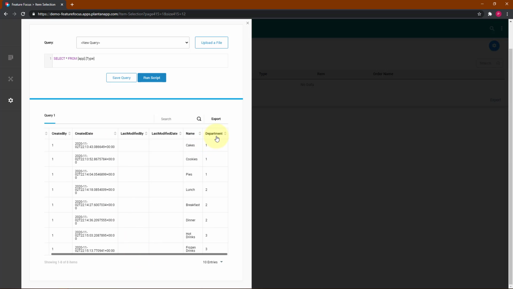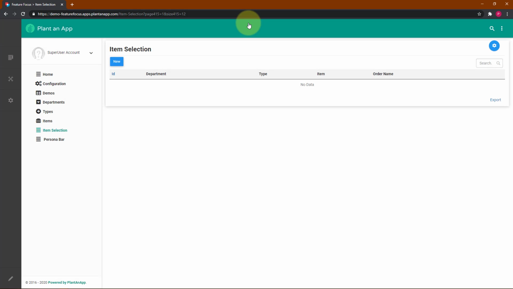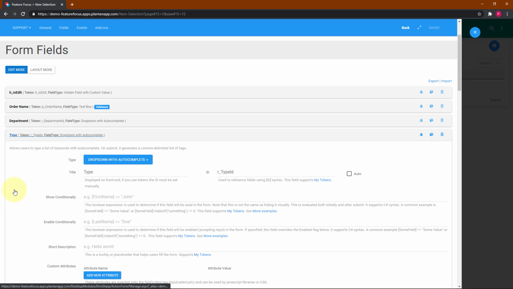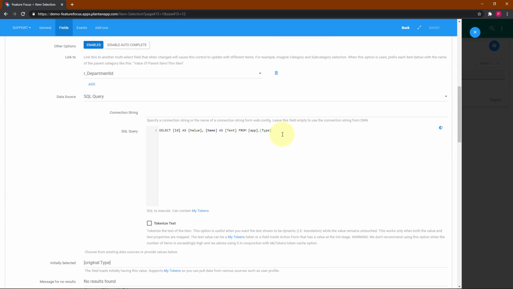And we can see here that the department ID is stored in a column called Department. I'll close the SQL console and navigate back to the form configuration. And we'll go back into the type field and scroll down. And I'm just going to add a where clause here. So I've aliased the type table, and I've said where t.department, that's the name of the column we just saw